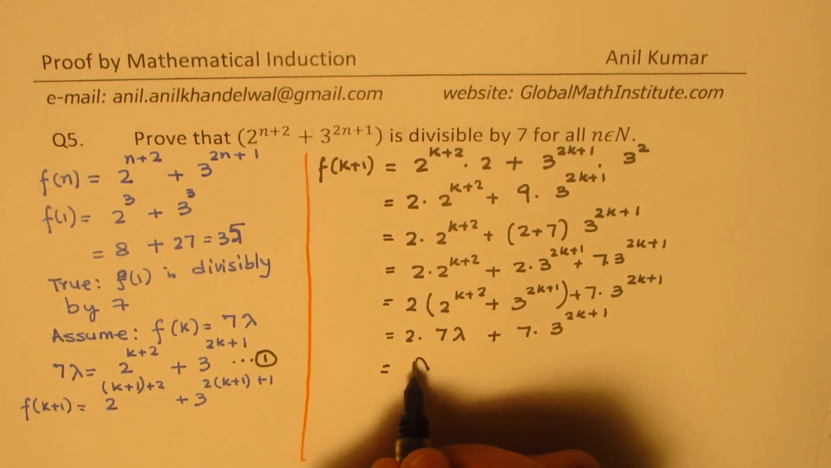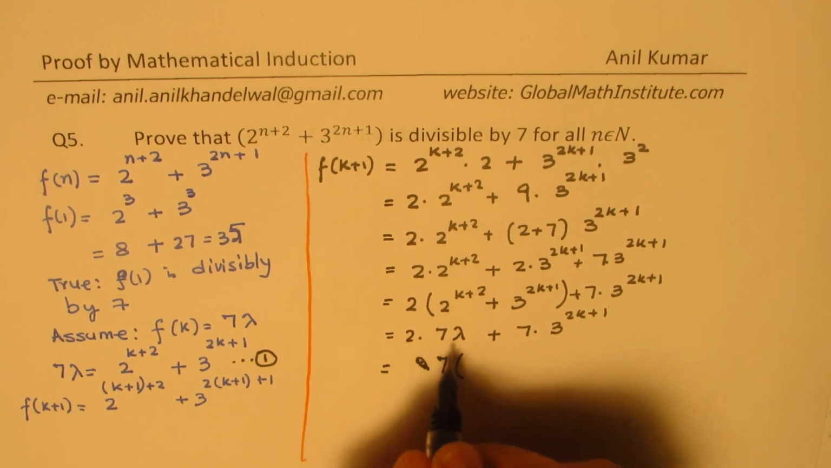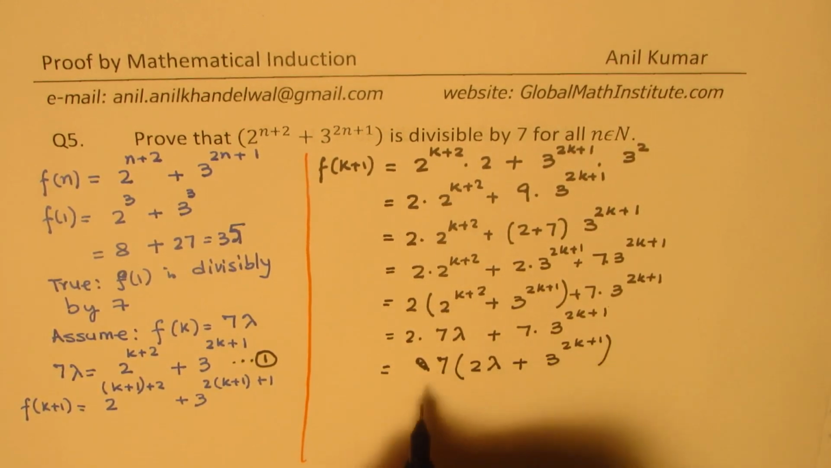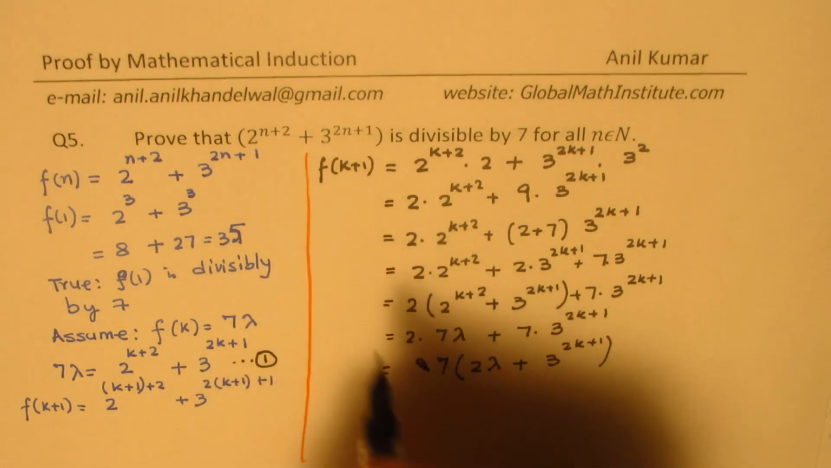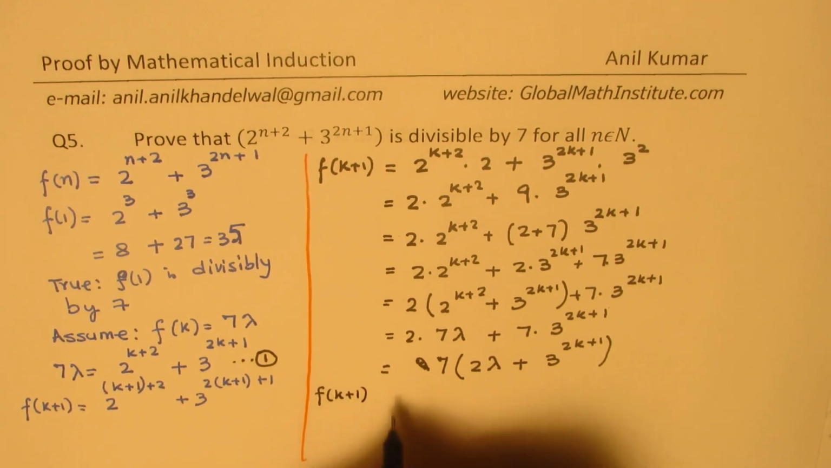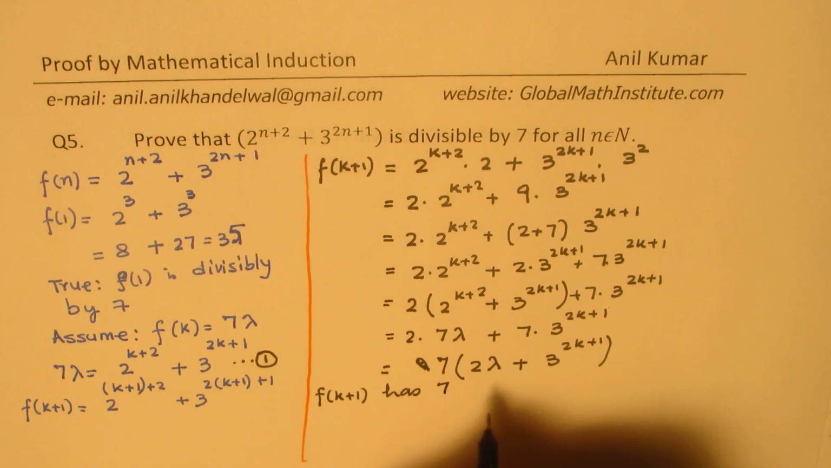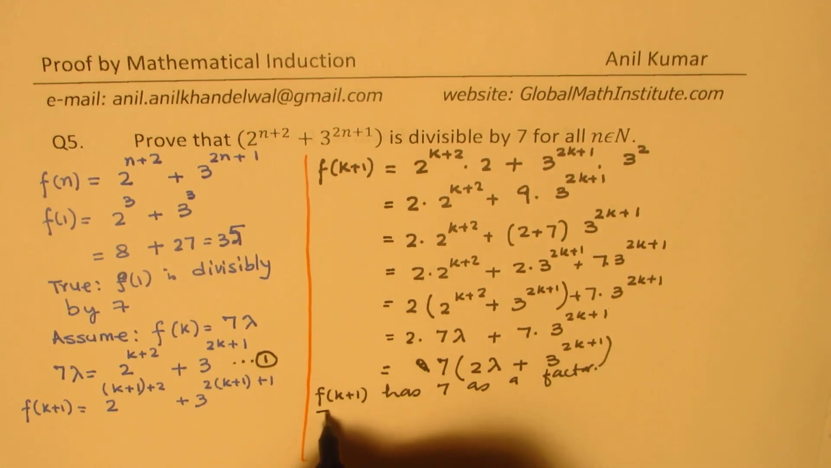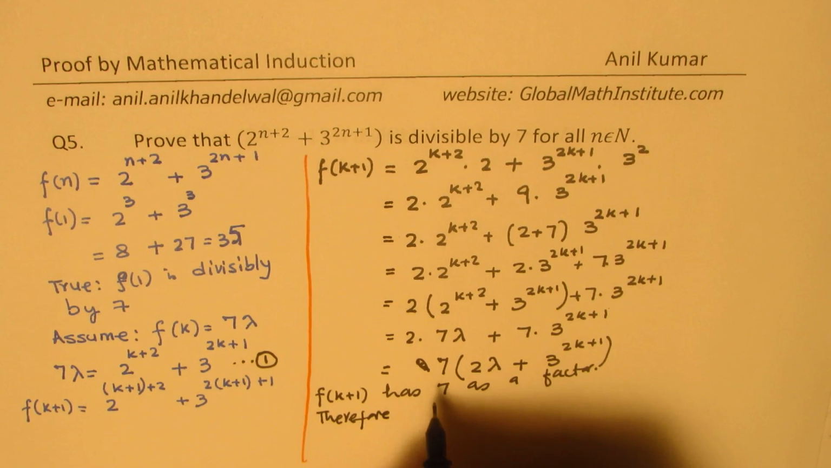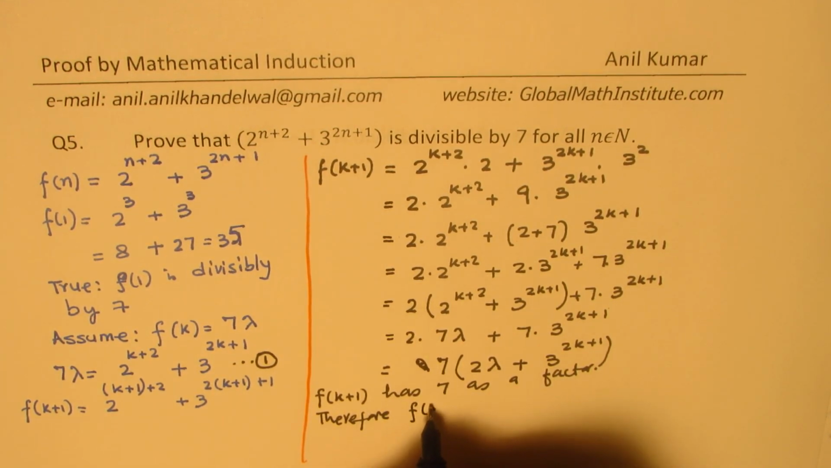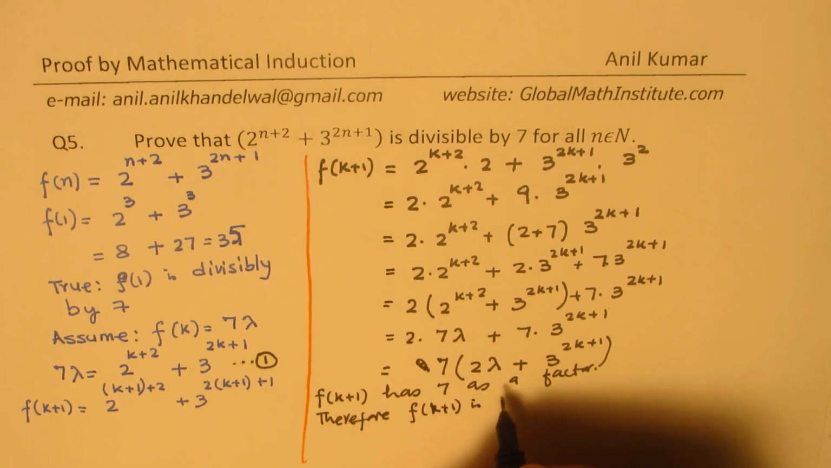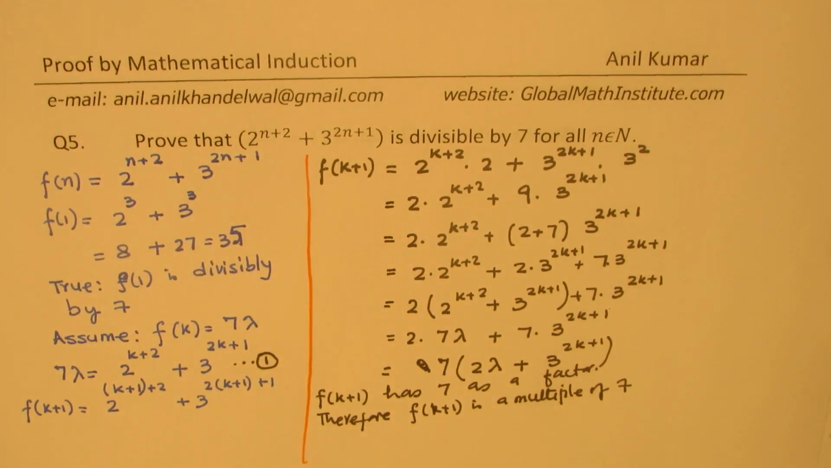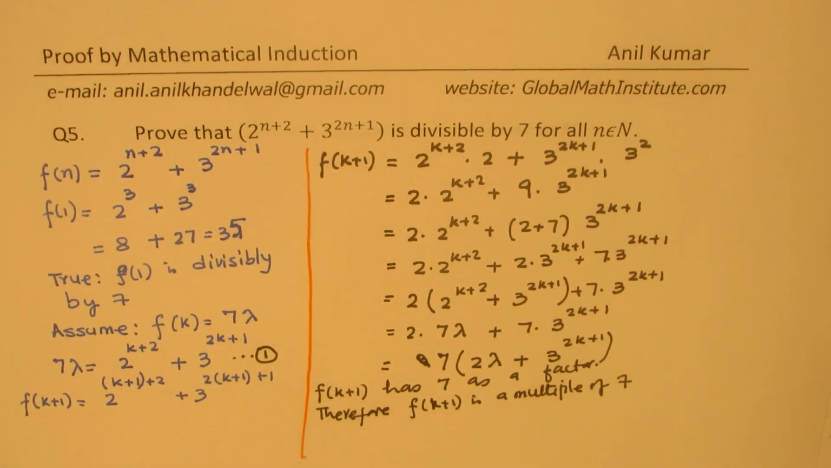So 7 is a common factor. So let me write 7 common. We get 2 lambda plus 3 to the power of 2k plus 1. Clear? So clearly, we have shown that f of k plus 1 has 7 as a factor, right? Therefore, we have shown that f of k plus 1 is a multiple of 7, correct? So that is how by induction,